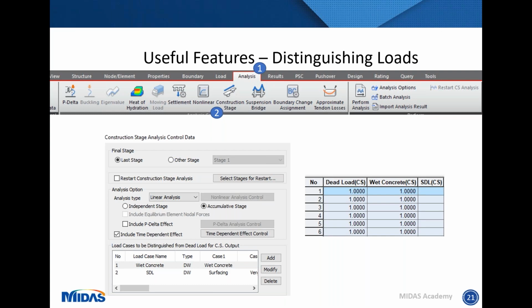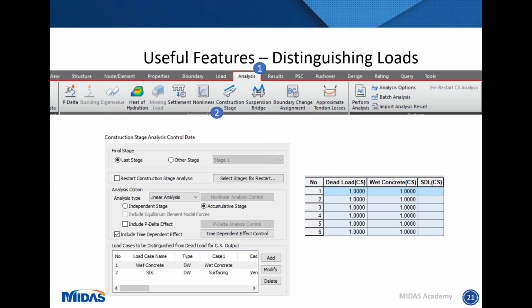So if we have defined self weight and the wet concrete and anything else that comes after that, those loads will all be included within the dead load case, which may not be necessary or ideal, particularly if there are loads that we want to be able to manipulate later on in our design. So in this instance, one of the things that I did for my model within the software was distinguishing loads that I wanted to have available to me in my post-construction, post-analysis stage.